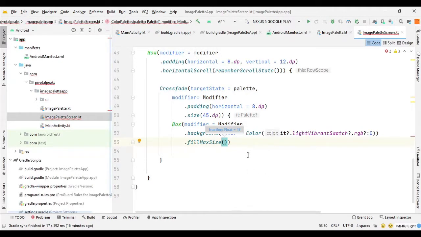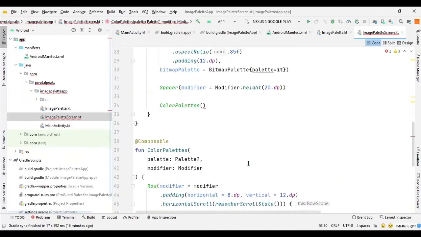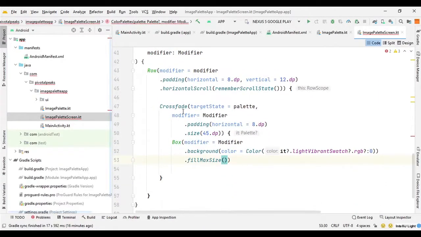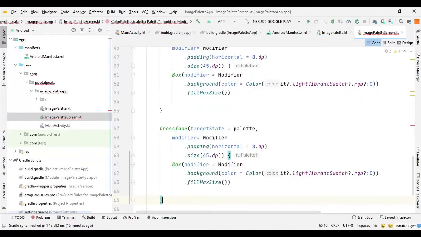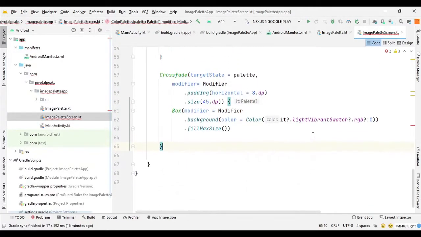Now I am going to copy this whole crossfade component to generate 6 other types of color profiles. So we can just change the swatch profile to get different kind of colors. So let's copy it. We need to copy this whole block and just paste it here, and we can change the color profile.